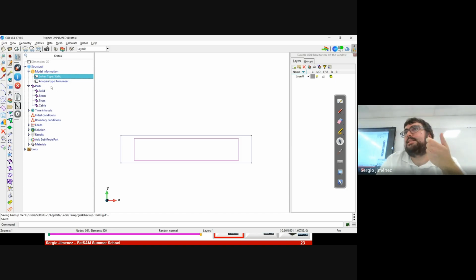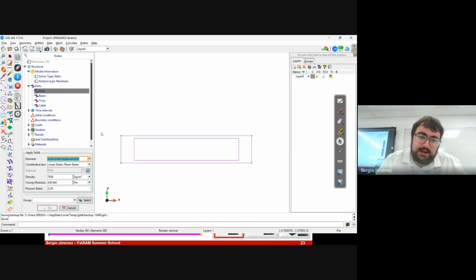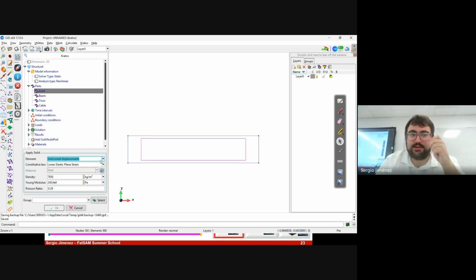These parts are the block in which we will be defining the material properties and assigning those material properties to the corresponding element. Okay, so we click on solid because we are generating a solid element, not a beam or truss or cable kind of elements. We are working with solids. It's a plate, but it's a solid. And we double click on here and we have now this new environment, which is the one in which we will be defining the type of material and the constitutive law that we will be using